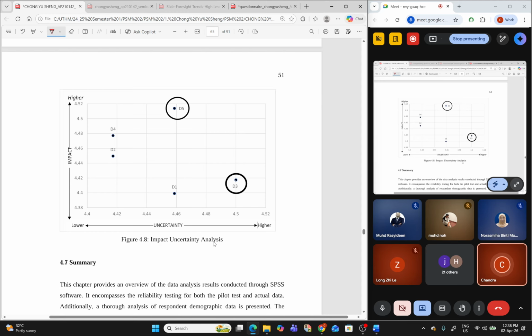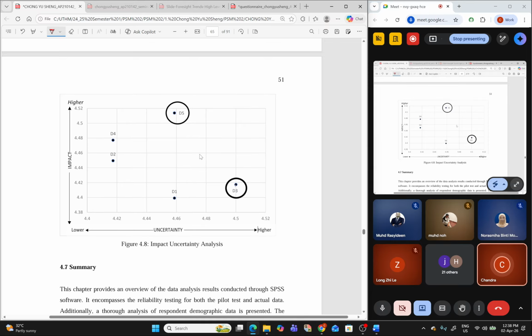You will plot like this, dan you akan pilih 2 driver di mana ke arah sebelah sini. More uncertainty, more. Kalau saya bahagikan 2 quadrant, 2 driver kena ada dekat sini. Kalau tak ada dalam case ni, you bincang dengan supervisor yang mana satu you nak ambil. Saya nak pilih yang ini dengan ini bila bincang dengan supervisor.